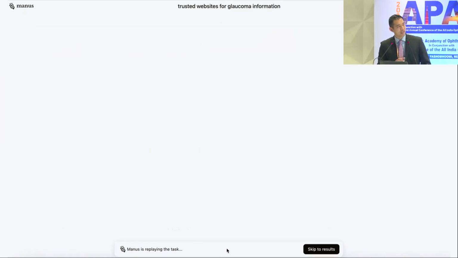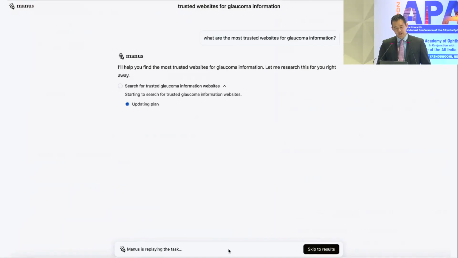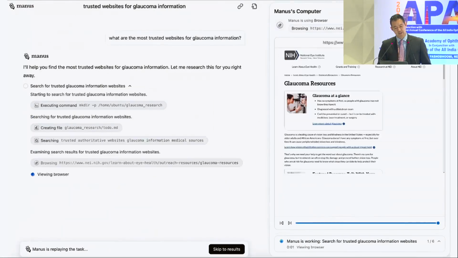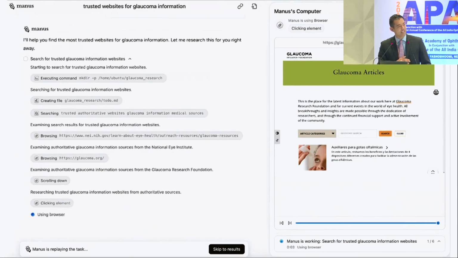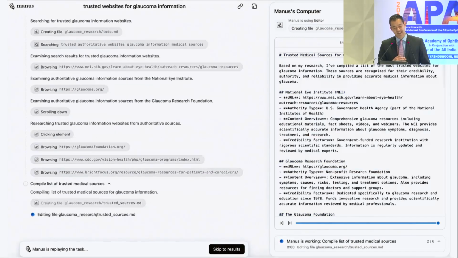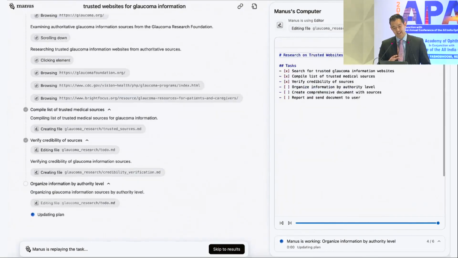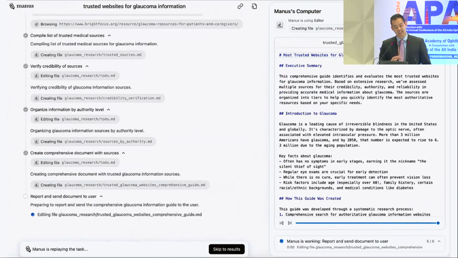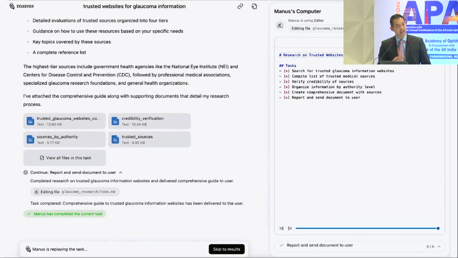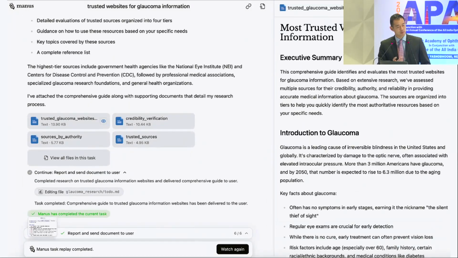So you heard it mentioned earlier, Manus AI. So I just show you an example here where I query Manus AI as a task to find all the trusted websites for glaucoma information on the internet. So when you ask this to do this, this is what's happening. And I tried to slow it down because it was happening too fast to see what's going on. But essentially, the AI agent itself is breaking down the query, what I wanted to find these websites, into